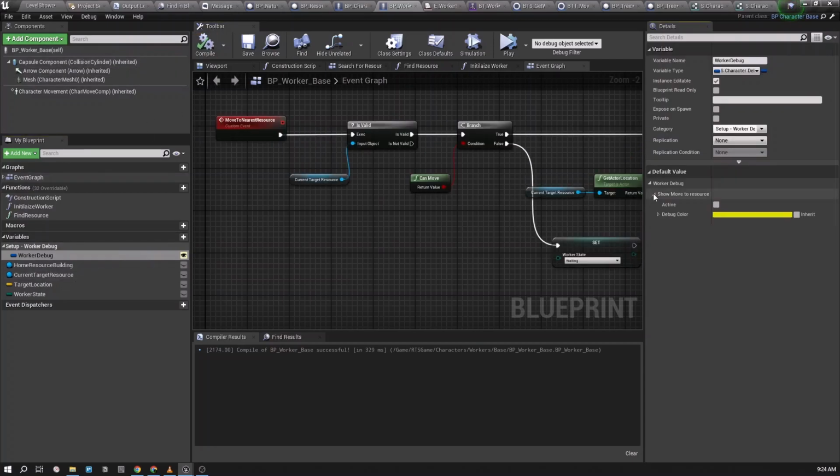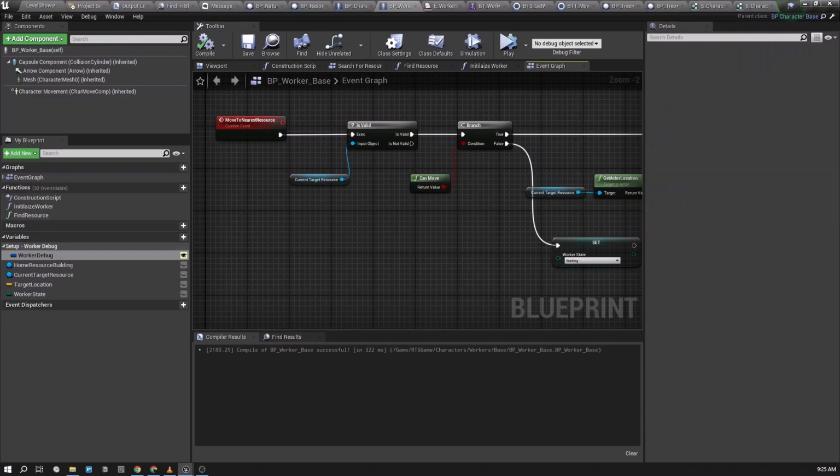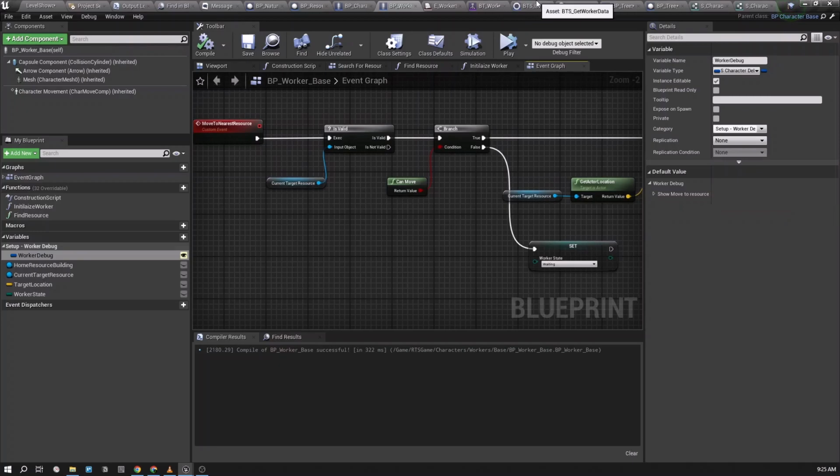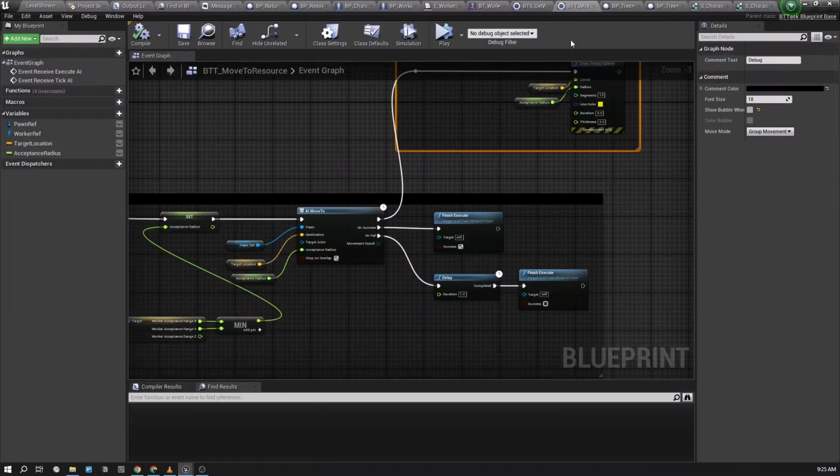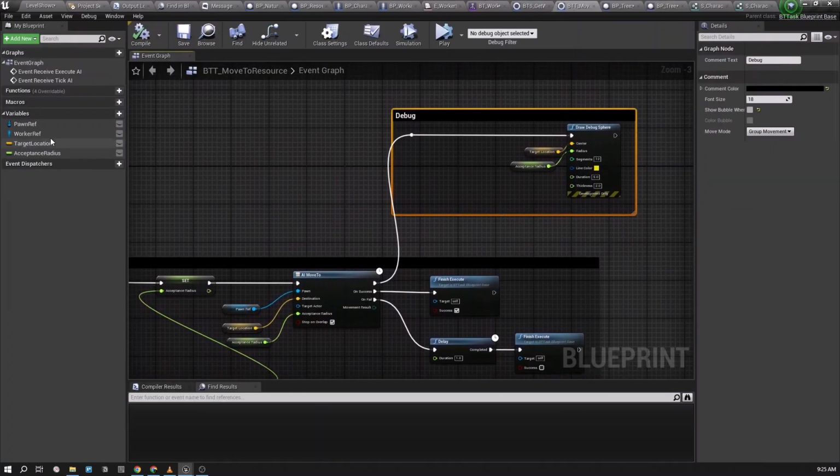And here now we can make this active, right? And I'll use this same color as before, and let's go to the BTT, move towards resource, and let's